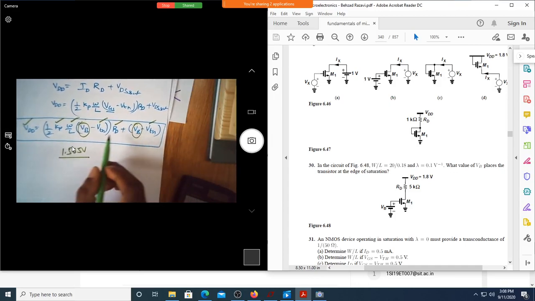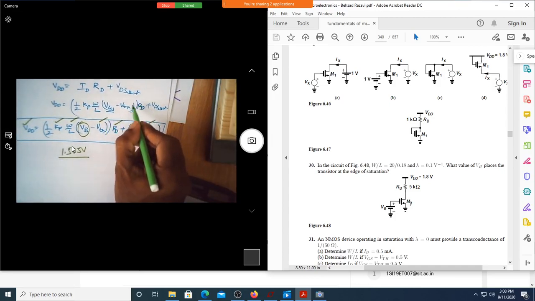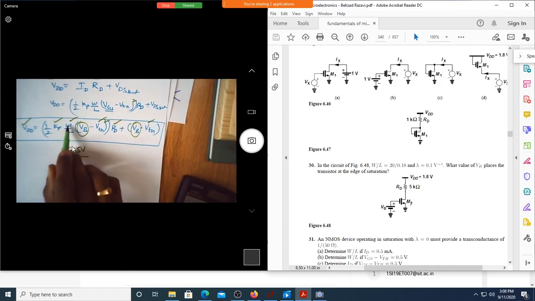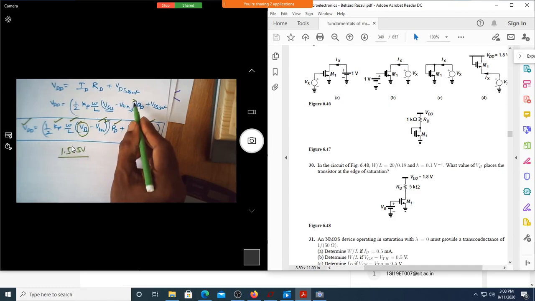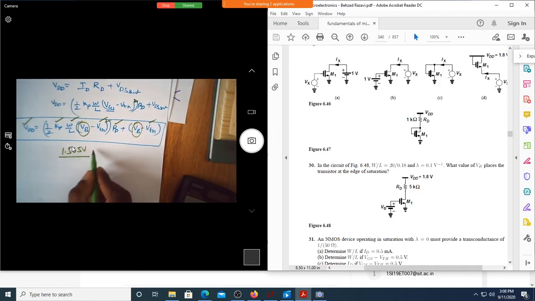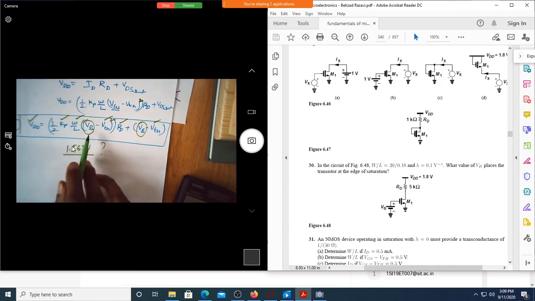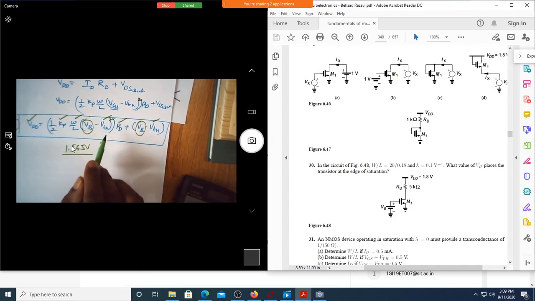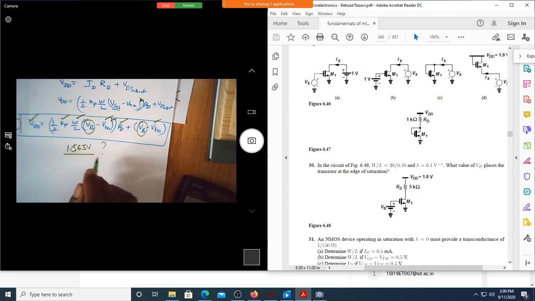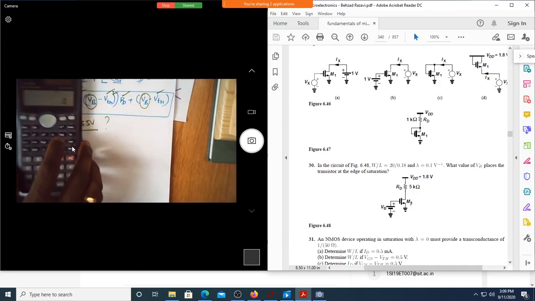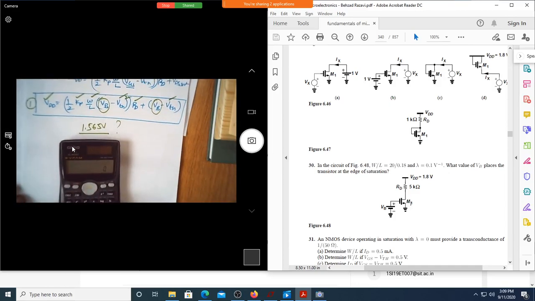Okay, VB. Sorry, here the square should be there, no? This is VGS square. Let me write square here because it is half Kp W by L, VGS minus VTH whole square. That square was missing. Let me write this now. Let us see whether this is correct or not. Actually, you are supposed to get two values because this is within that region. So you are supposed to get two values of VB for this. Let us see. Now you try, all of you try. Okay, sir. So what are the values we are looking at?